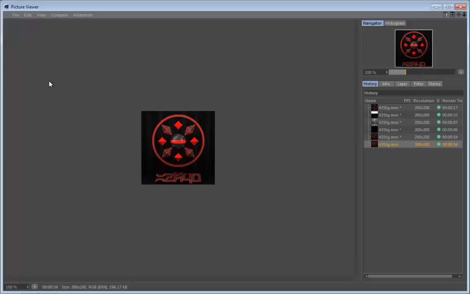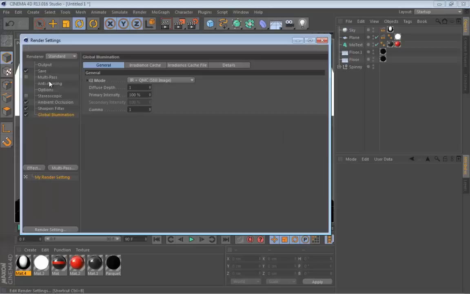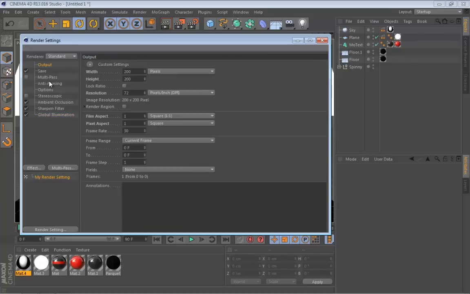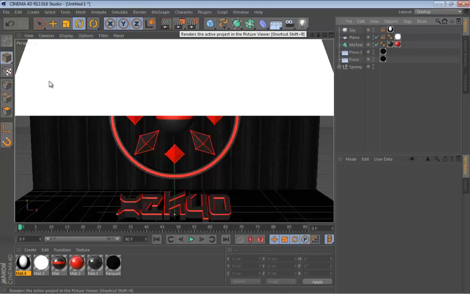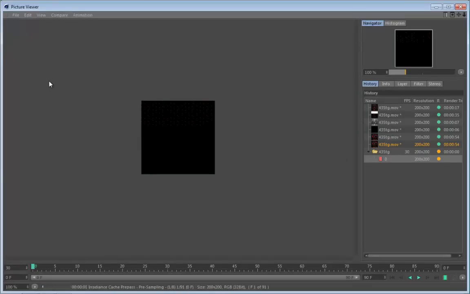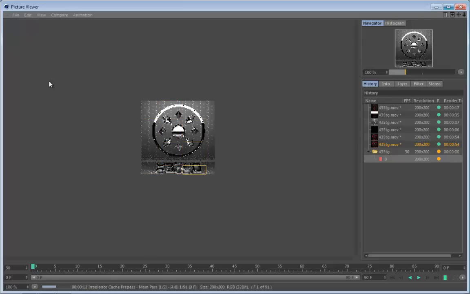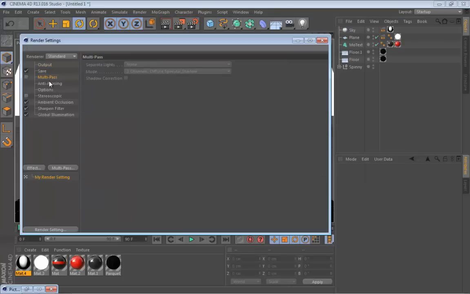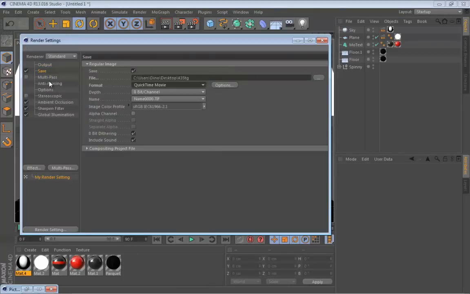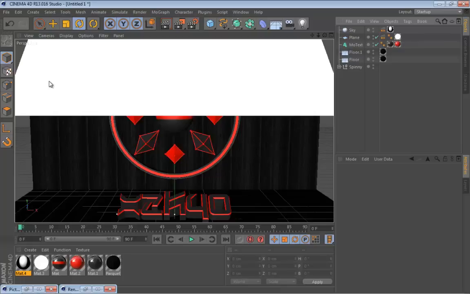Now all that's left to do is to render this out completely, so I'm gonna go to the output here, and I'm gonna change the frame range like I said before to all frames. So now when I hit render, yes, I want to overwrite, you can see we have the timeline here, and it's starting to render frame by frame until it reaches 90, and it will save it as QuickTime Movie. Like you see here, we used QuickTime Movie, and then we're gonna